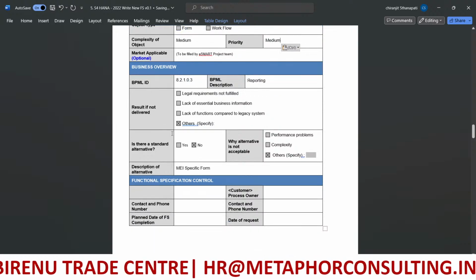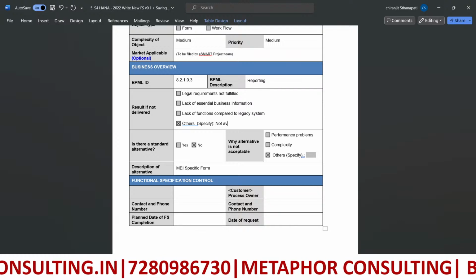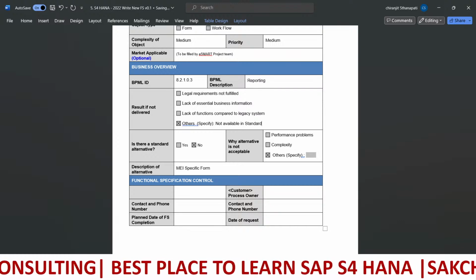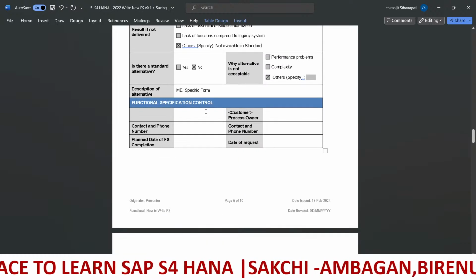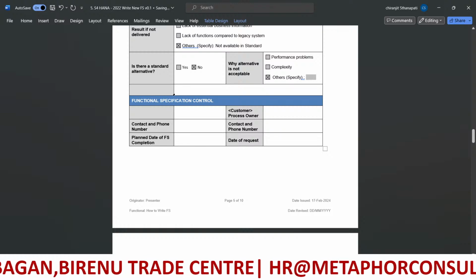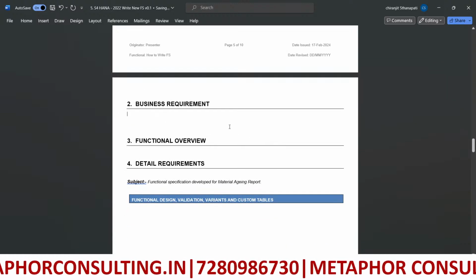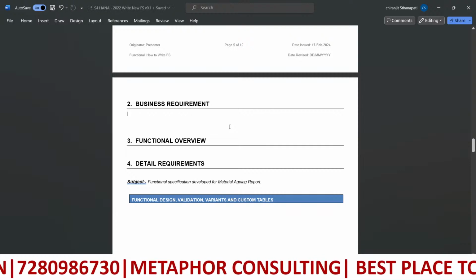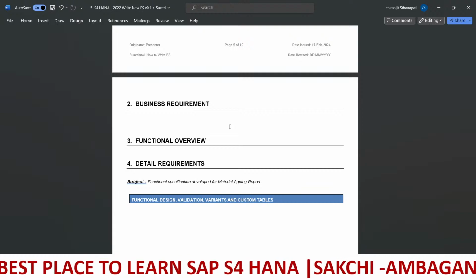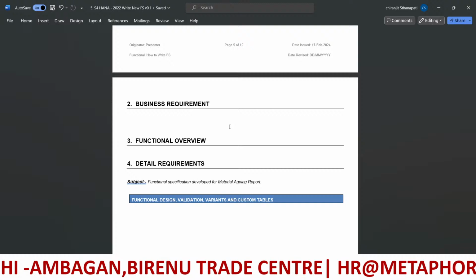And now the other information: not suffice in the standard, not available in standard. Just put it over here, and here you can put all this information, and that will help you out. Now going ahead, requirement. In the business requirement you have to write why this particular FS is required, and what is the use of this particular report. So you can write over here: